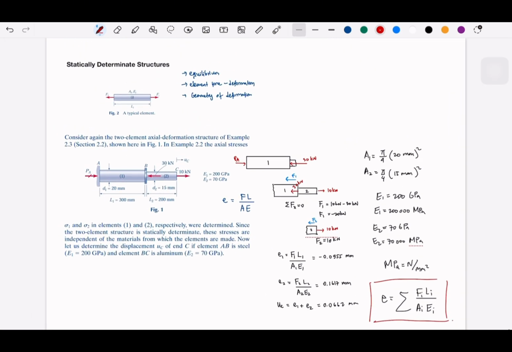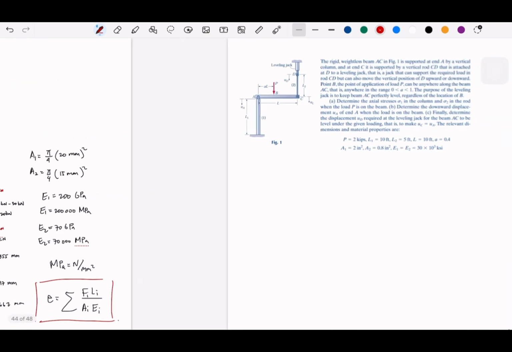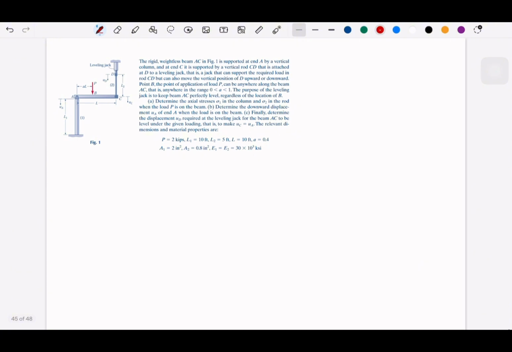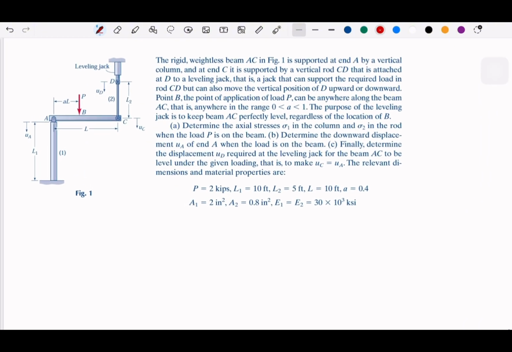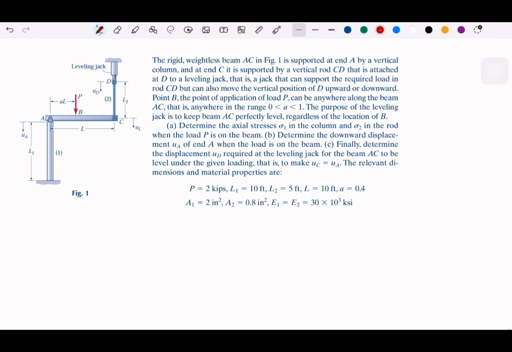Okay, let's go back to the topics. I think I just need 2 more examples here from the textbook, and then tomorrow we can have a review on an example in the textbook. So this is